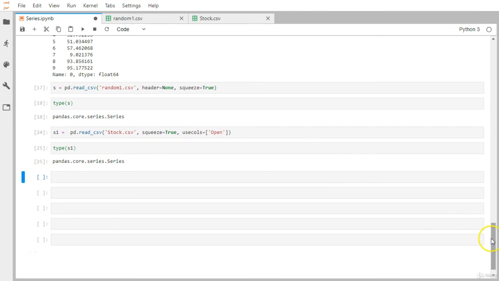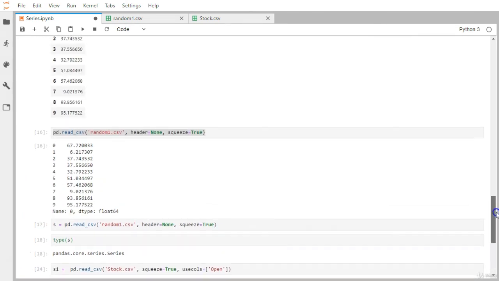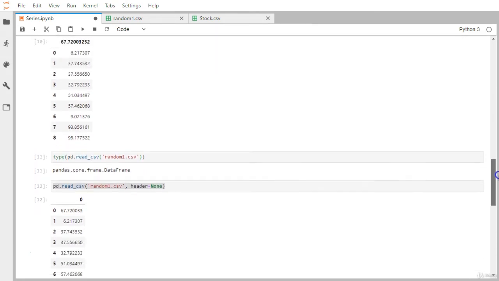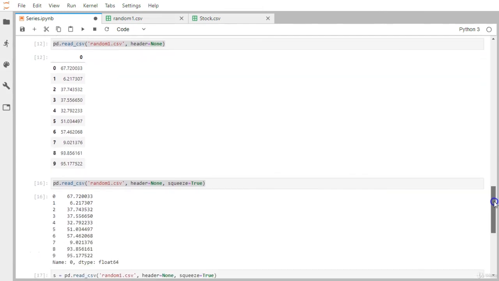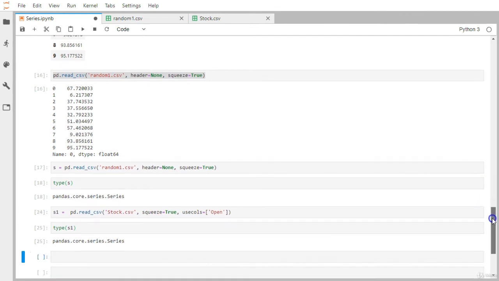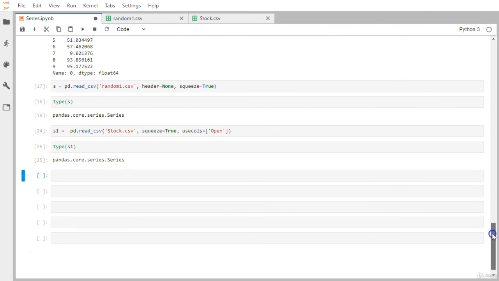Okay, so in this video we have seen how to read a .csv file with the help of the read_csv method, with a number of different arguments, like the header parameter, whether you want to supply it or not. Sometimes you have a header available, so in that case you need to give a particular integer number here. So let's say in the very first row a header is available, so you can just give a 1, and the squeeze parameter is True. By default this squeeze parameter is False. In that case it just returns a data frame object. Once we supply squeeze equal to True, it returns a brand new series object for us. Okay, so that is all about this video.